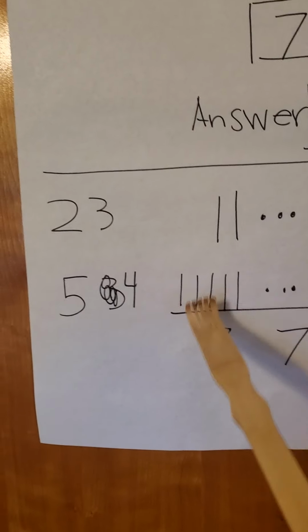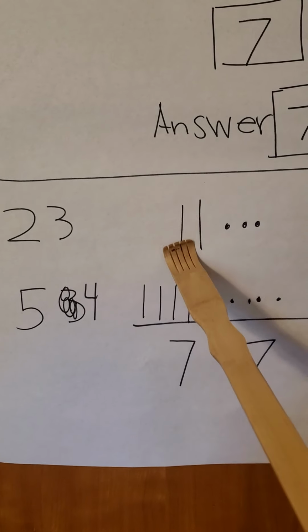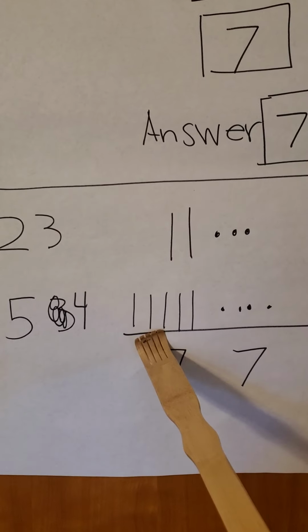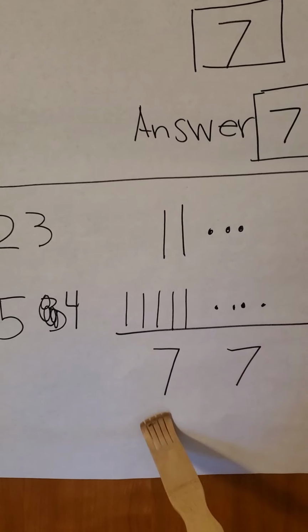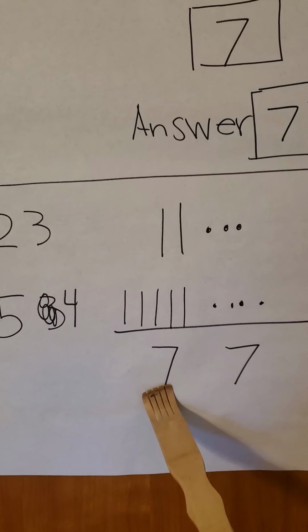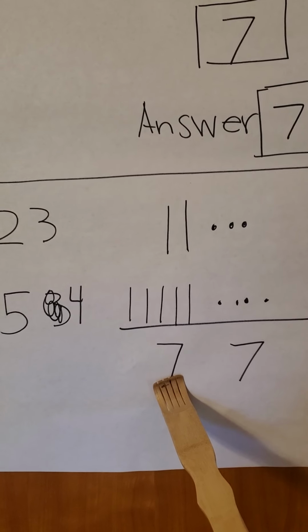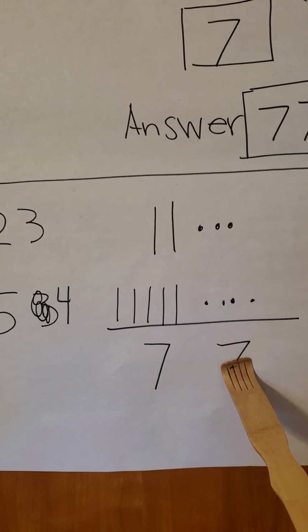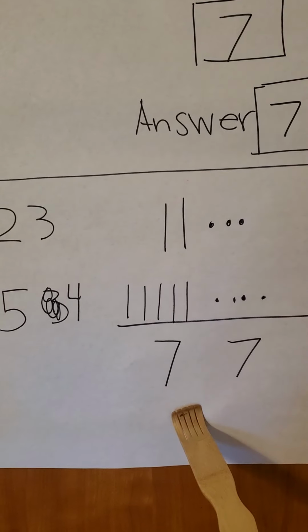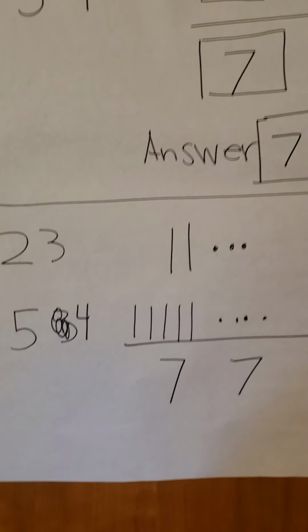And when I add up the 10s, I also get a 7. 10, 20, 30, 40, 50, 60, 70. And I know because this 7 is in the 10s place, that this number 7 represents 70, and that this number 7 represents 1s. So our sum is still the same, 77.